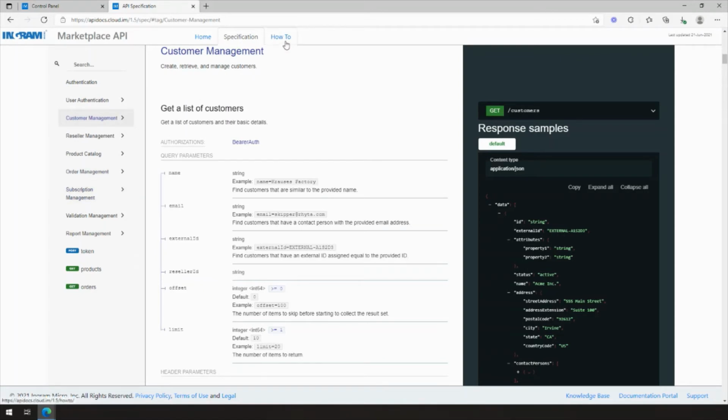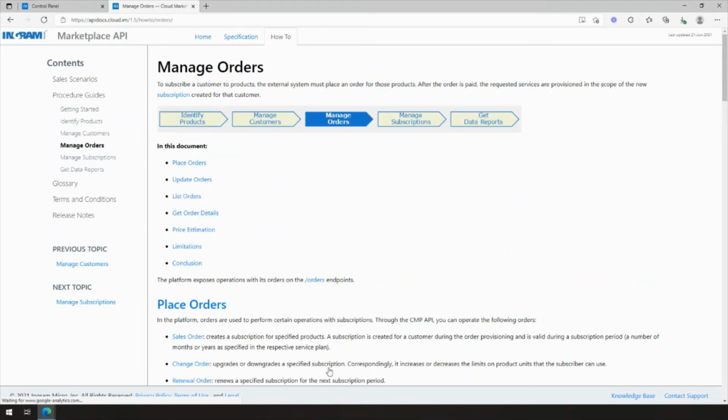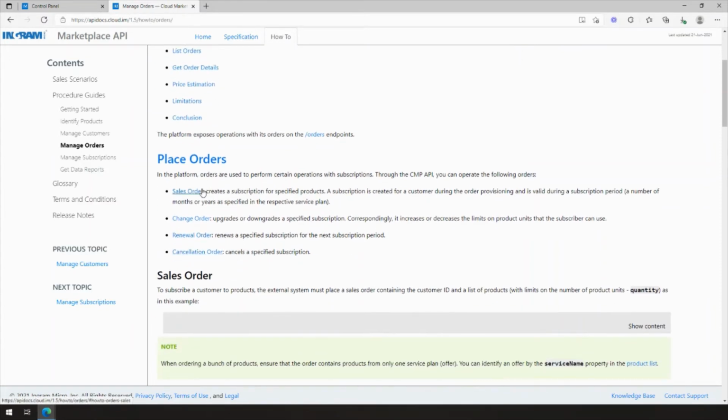Okay, let's move on to the how-to section. All these procedures are explained here in a more functional way. So for example, let's go to see the manage orders procedure. And here you can see all the things you can do around managing orders. So for example, if we look at place orders, you can see